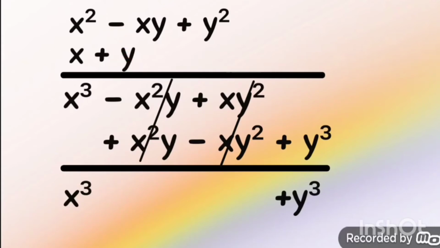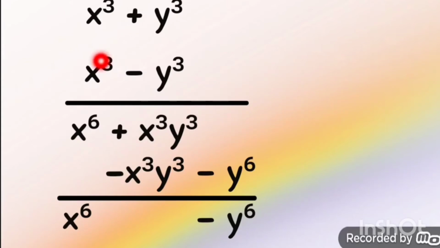Now we will multiply x cube plus y cube with the third polynomial. The third polynomial is x cube minus y cube. The product of first two polynomials is x cube plus y cube. Now we take x cube and multiply it with both terms of the first polynomial. X cube multiplied by x cube will be x raised to power 6. Here exponents will be added. X cube multiplied by y cube will be plus x cube y cube.